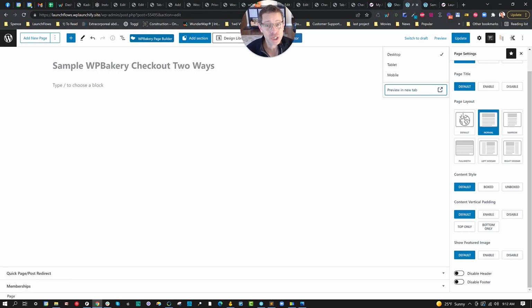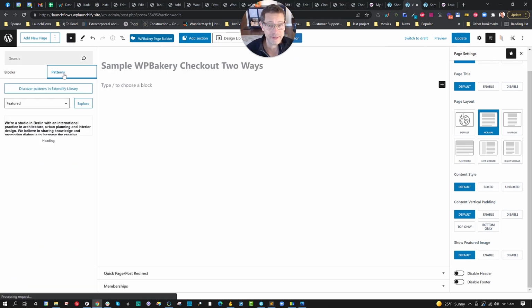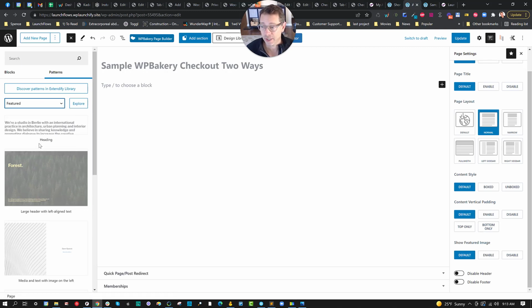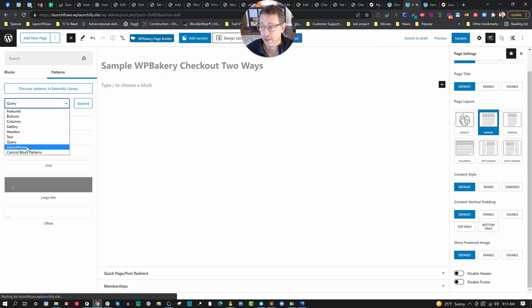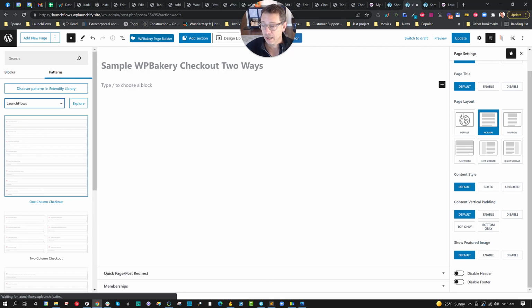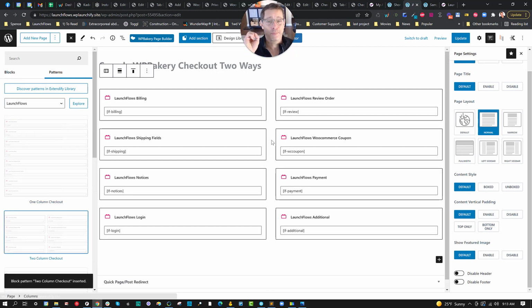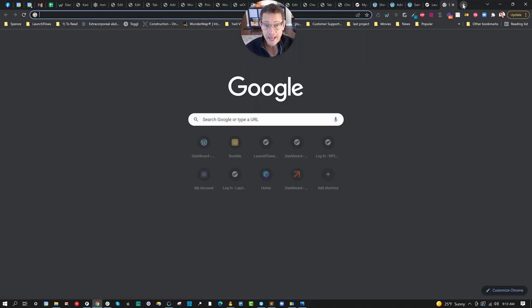Now, I'm encouraging you, even with WPBakery, not to click the WPBakery page builder, but instead just go ahead and use the pre-built patterns either inside of the plugin. So go to LaunchFlows and choose like a 1-column or a 2-column checkout. Just pop the blocks in place and you're done. Or even better, go to